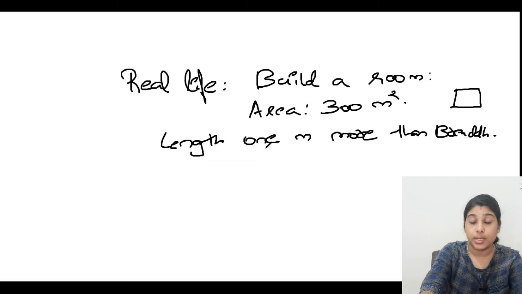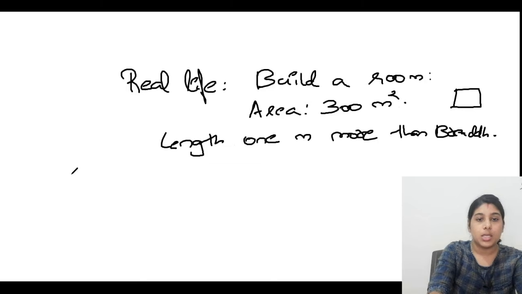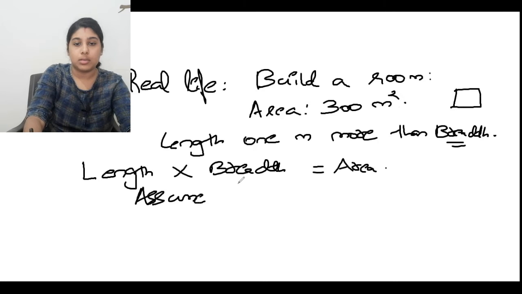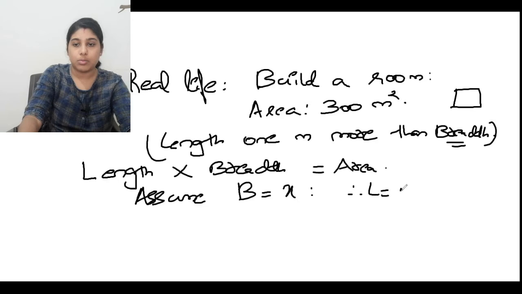So how will you understand? How do you have to make a quadratic equation? I will tell you. The area of the room, you know, is length multiplied by breadth. It is said that the length is 1 meter more than the breadth. So the basic thing is the breadth. I am assuming my breadth is equal to x. As per this statement, the length is 1 meter more than the breadth, that means x plus 1. So what is area? Length into breadth, that is x plus 1 into x.